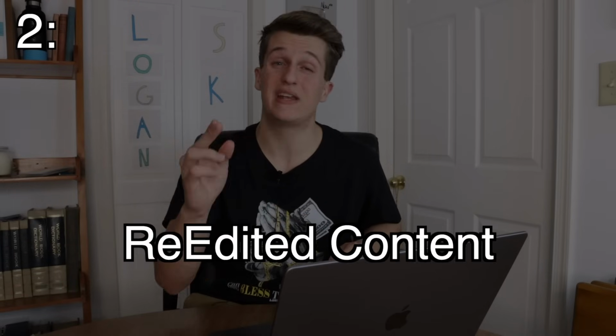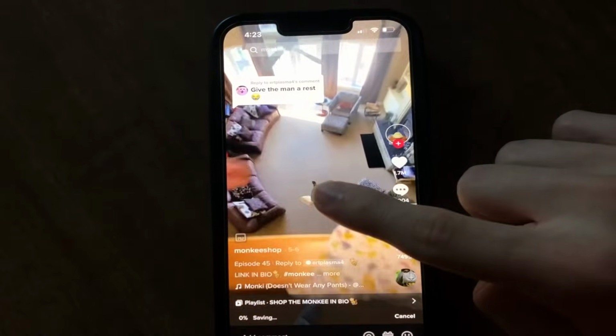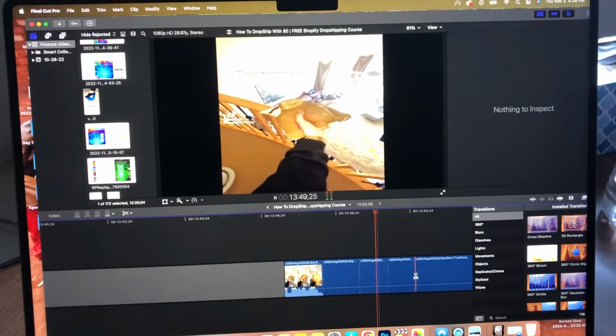The second free way of promotion is a little harder but can be more profitable than the previous 2 ways. It's re-edited content. This is where you do the exact same thing as the organic content method, but instead of filming your own content, you download videos of other people using your product and edit their clips into your brand's own organic style ad. I've done this for a few profitable dropshipping stores, but as soon as they started doing well, I made sure to film my own content, so I was in full creative control and to prevent being sued. So be careful if you do that, and you can watch me make organic ads and market this lamp